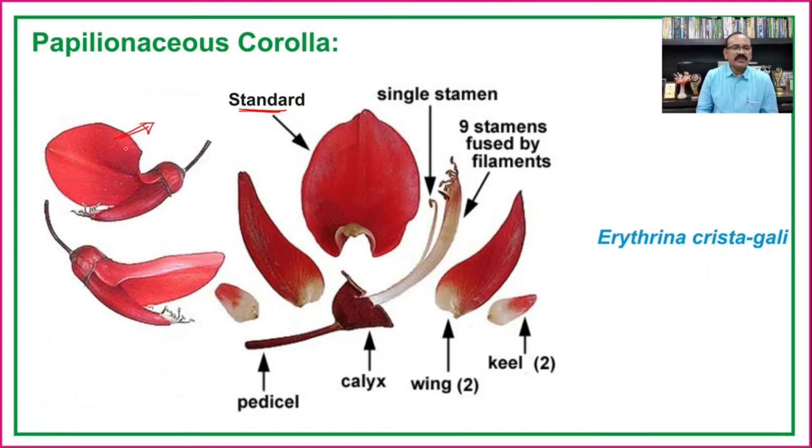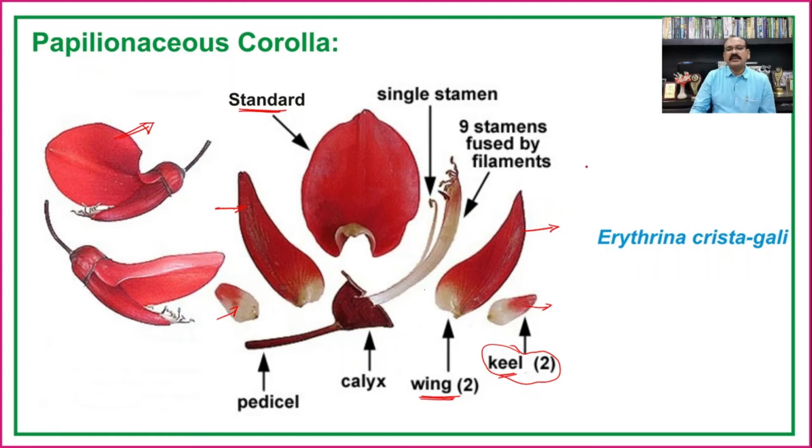Then this outermost petal is responsible to cover the 2 lateral petals, and these 2 lateral petals are known as wings. And inside these 2 wings, again there are 2 small petals, and that is known as keel. But in papilionaceous corolla, these 2 petals which are known as the keel, they are fused with each other,